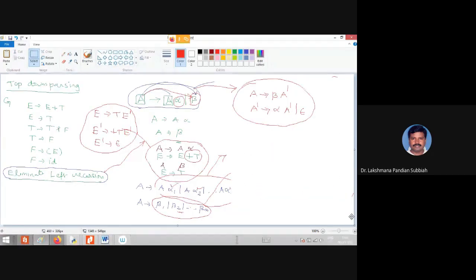The same one we will take as beta. Alpha, alpha, alpha. So this is the string we want to generate using this grammar. First, beta is needed. What alternative do we have for generating that first beta? We can use A derives beta A dash. Now we are satisfactorily generating the first beta.